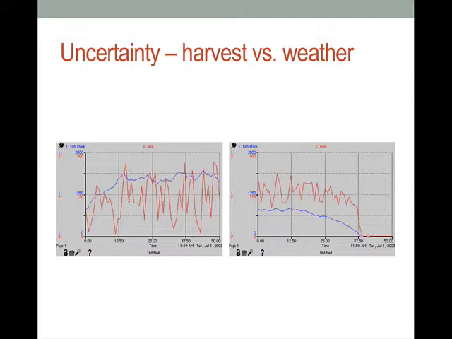And so this is the type of uncertainty. Even if you understand the statistical nature of the weather pattern, you have to be able to adapt to sets of bad luck that could end up in a collapse of your resource if you keep harvesting the same way. So you have to be adaptable, and that's understanding these indicators from your harvest.